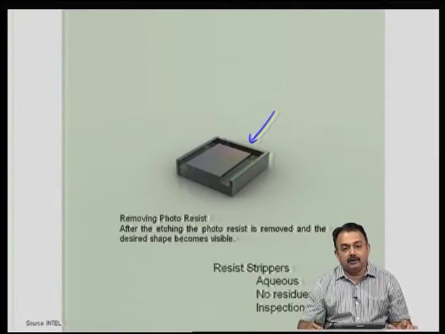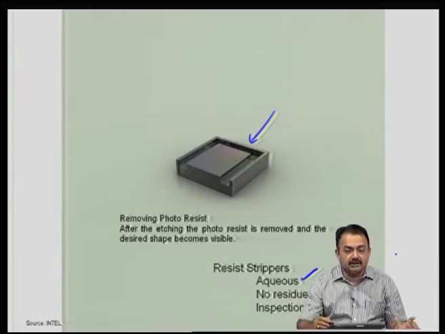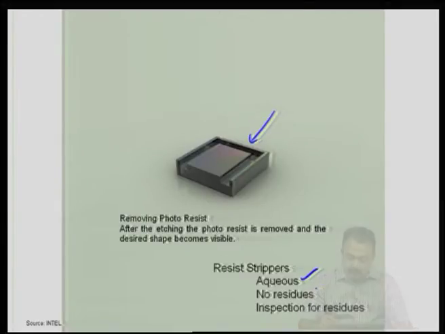Now, for removing the photoresist, you use materials known as resist strippers, stripping chemicals, and they can be aqueous, in some cases organic. After the stripping process is over, these strippers should not leave any residue on the surface of the wafer, because any residue will be taken over to the next step if the rinsing process is not complete or well done. Therefore, after the stripping process, you again do a quality check, and you have to qualify the wafer at this stage also. So, a good time is spent on inspection for the residues.